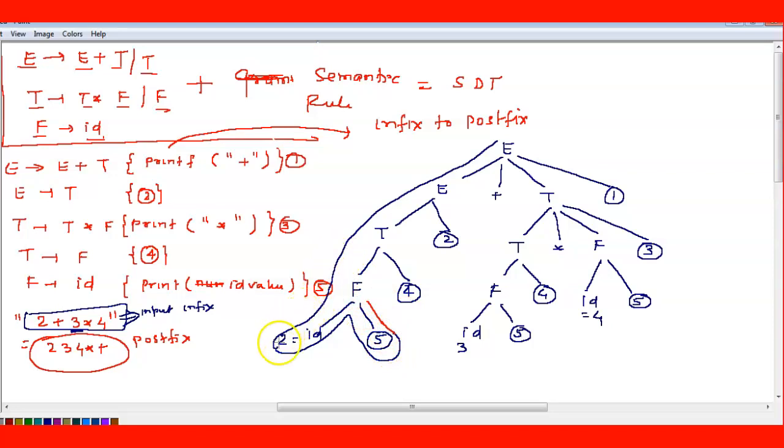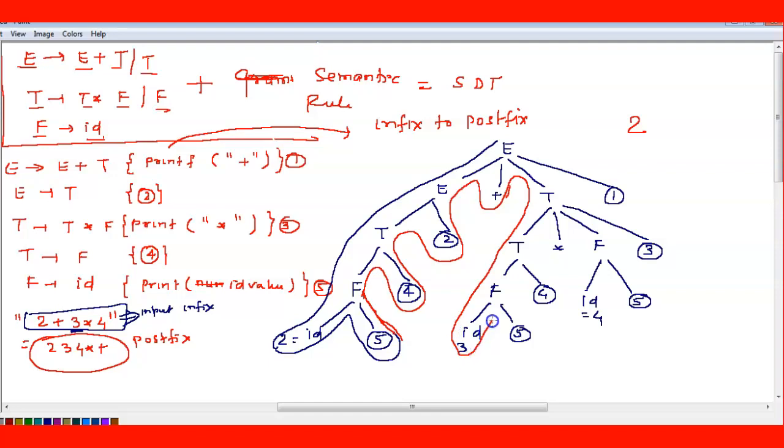Till here no reduction, right? 2 is what reducing here. Perform the action, rule number which one? 5. 5 means we have to print the id value. So print the id value means you print the value which is 2. Right? Now here again reduction is there for rule number 4. Print nothing. So nothing to print. Do the reduction of rule number 4. Nothing. Right? Then this one is what? No reduction. This is not reduction, right? Because this is not any semantic rule only, no?